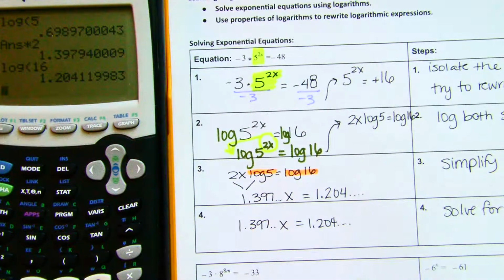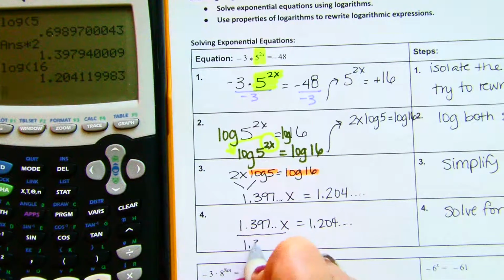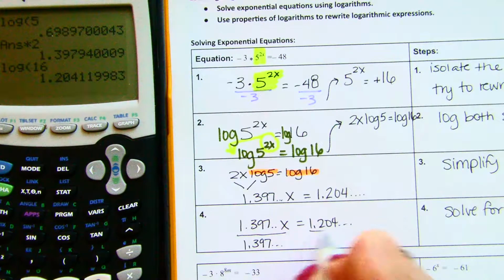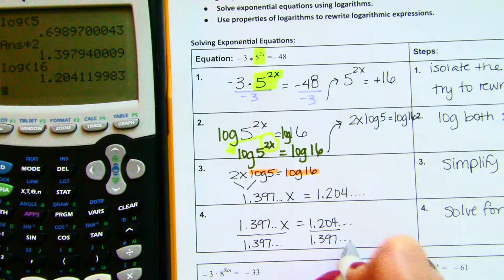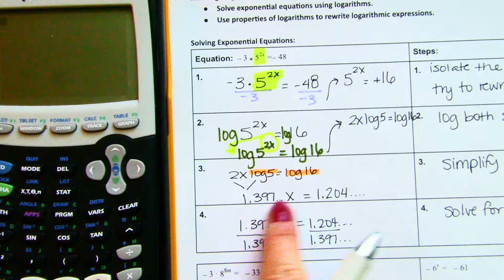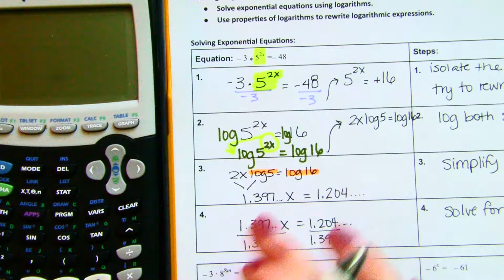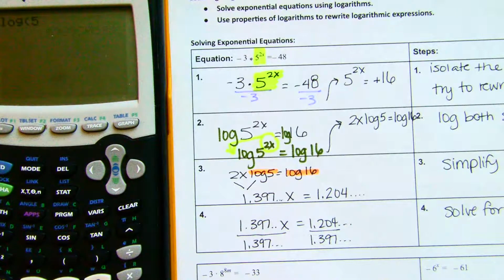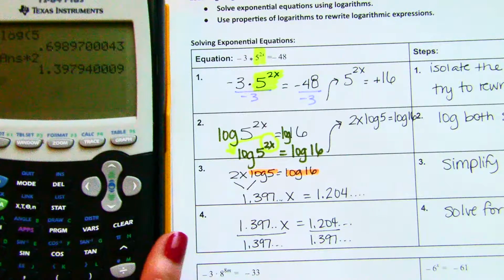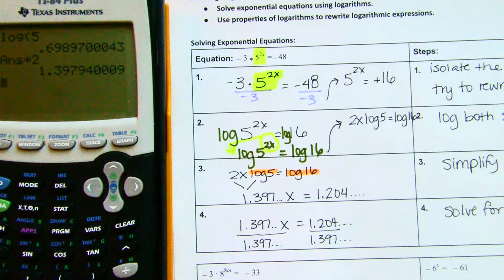And I always try to leave the decimals in my calculator so I don't have as much rounding error. Okay, so what I'm going to do is I'm going to do this log 5 again times 2 so that I have the whole decimal in my calculator. Then I'm going to do log 16